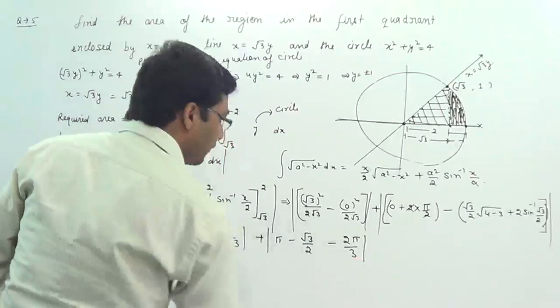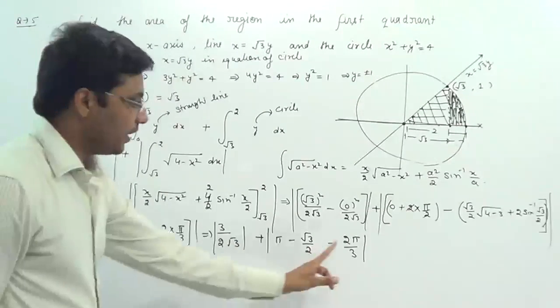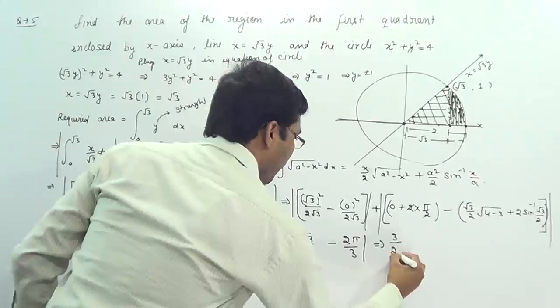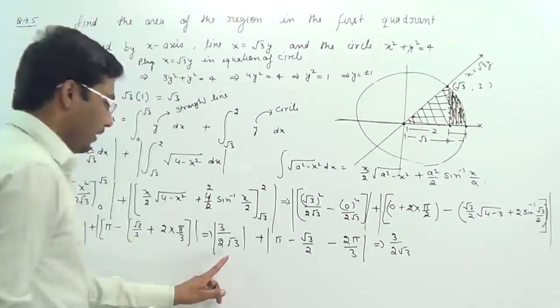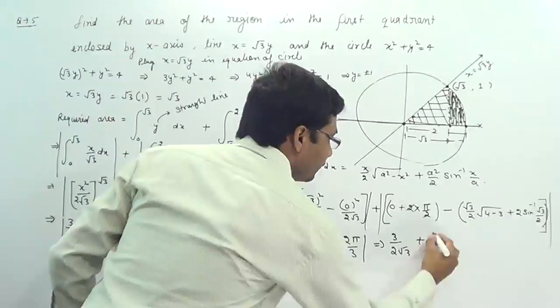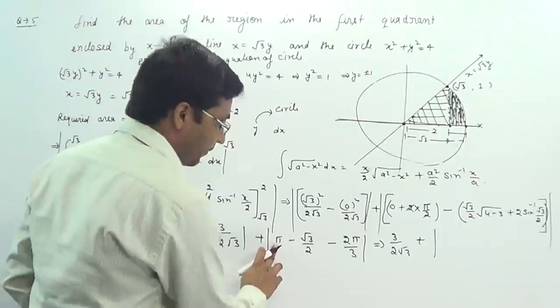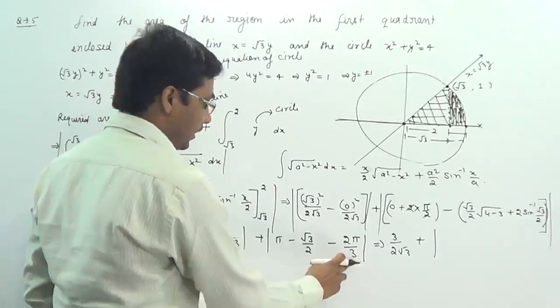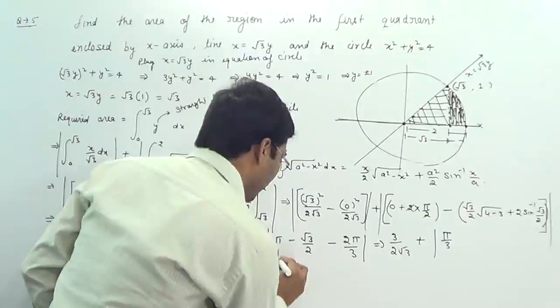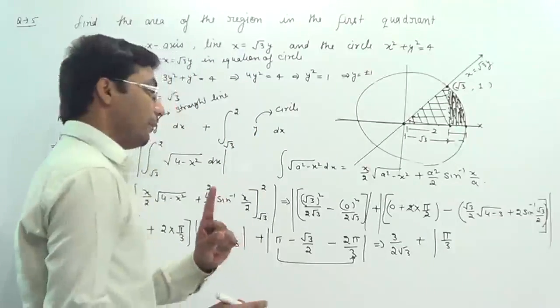Pi minus pi by 3. We can remove the sign of mode here because this value is already positive. But here when we subtract pi minus 2 pi by 3, 3 pi by 3 minus 2 pi by 3, after solving these two values we will get pi by 3